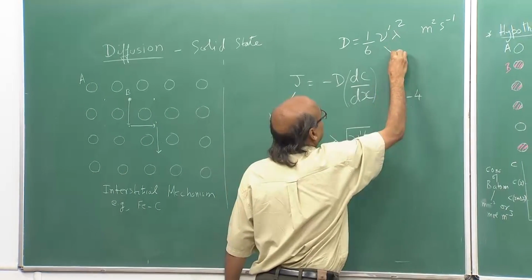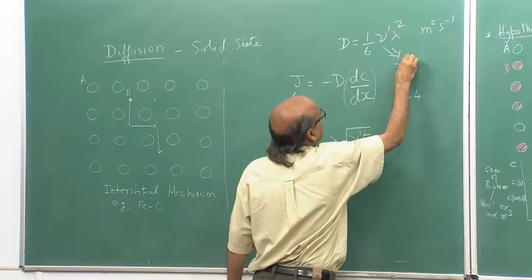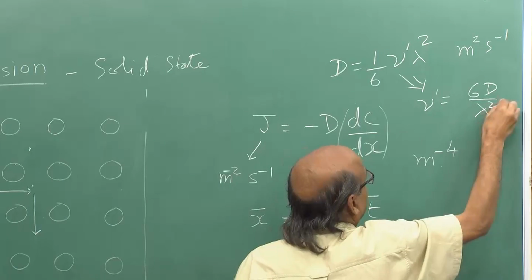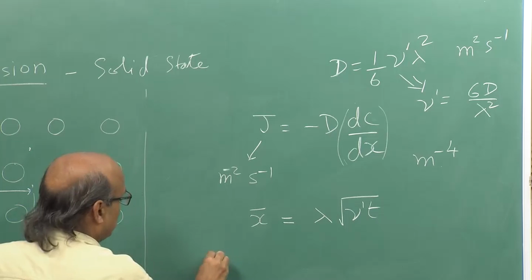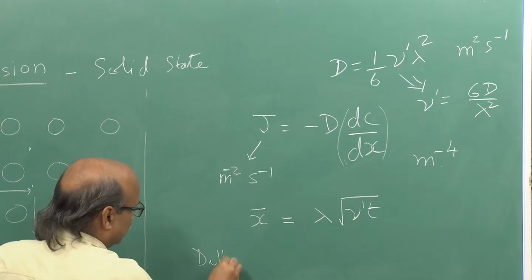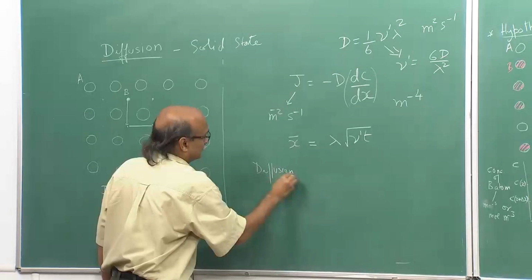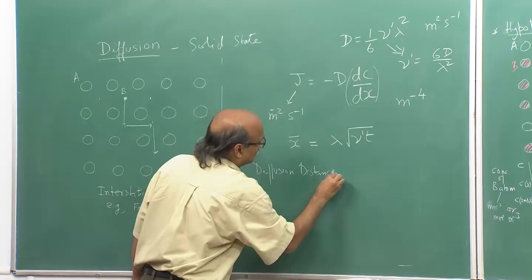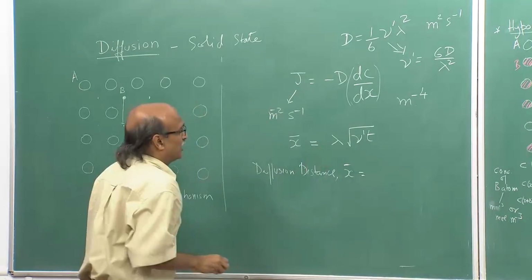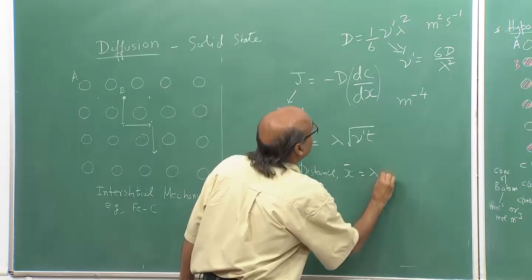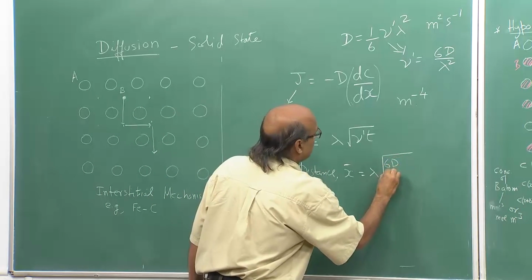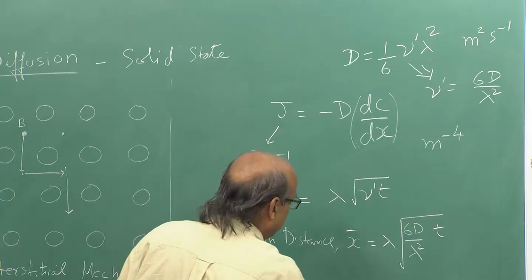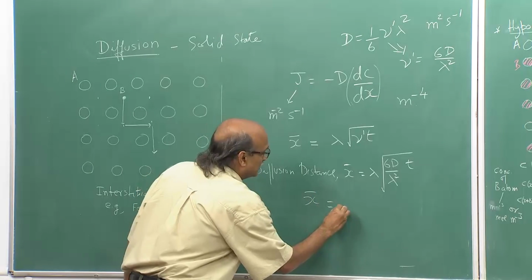So, from here I can write nu prime as 6D upon lambda square. We substitute this in the diffusion distance: x bar becomes lambda square root of 6D upon lambda square times t,